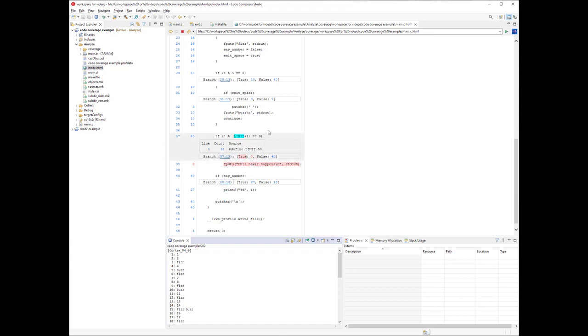So one additional mildly interesting thing I did in the code is I put in this continue statement, and we can see what a continue statement does just by inspecting these execution counts. All right, so we know we got to here 50 times. This conditional, we got to that point 50 times. And we know that we only got to the next one 40 times. So that means 10 times, this 10 right here, the continue must mean that we go back to the top of the loop. That's the only way you can get these execution counts. And in fact, that's what the continue statement does in C.